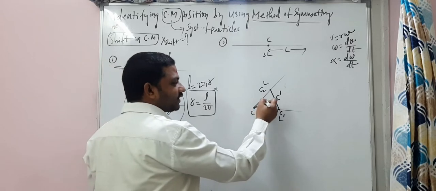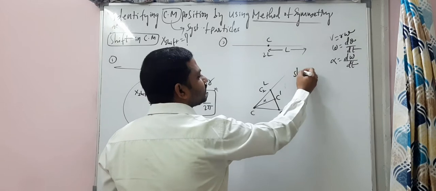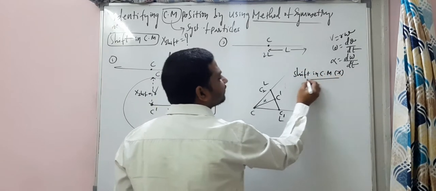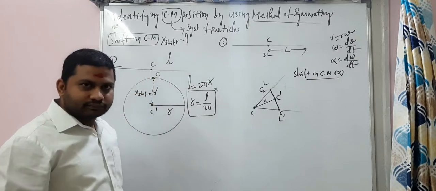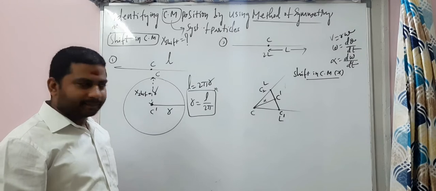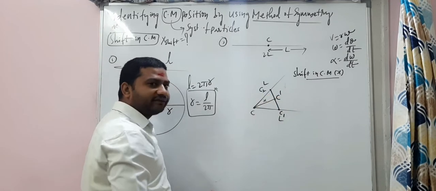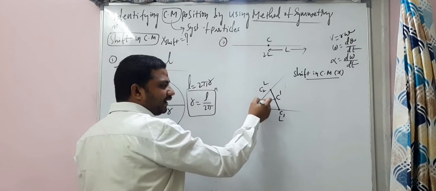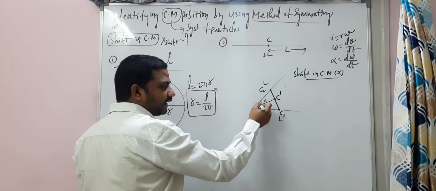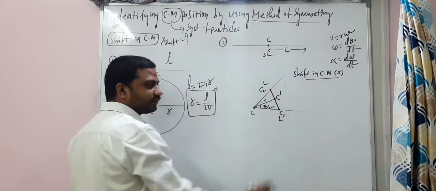So imagine, that is X. That's the shift in the center of mass, right? The shift in the center of mass is X. Have a look at it, a very, very important point. This is the perpendicular bisector that I have drawn. If the complete angle is theta, then this angle I can write as theta by 2. Carefully see, theta by 2.